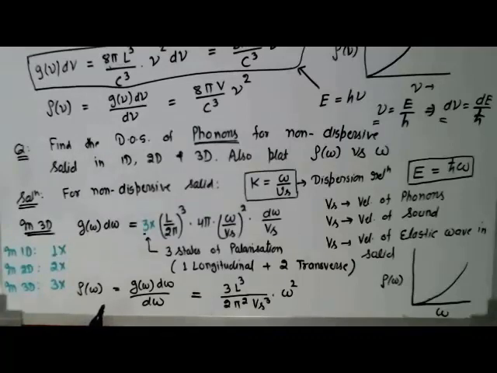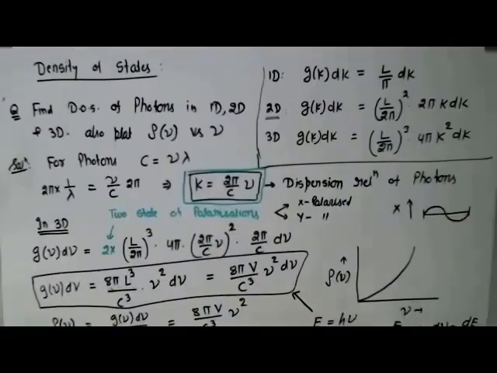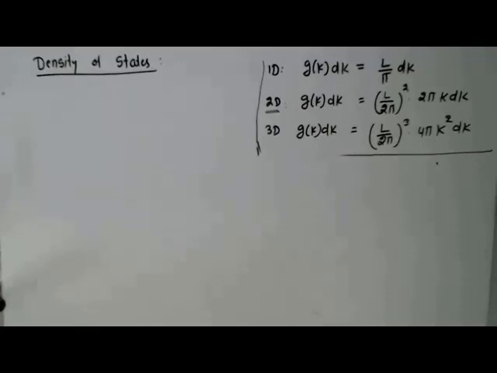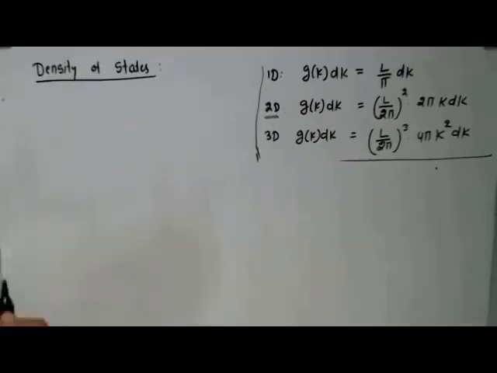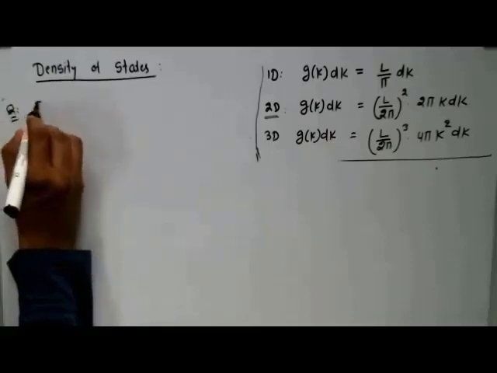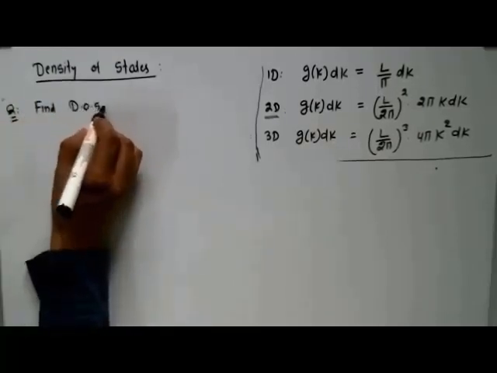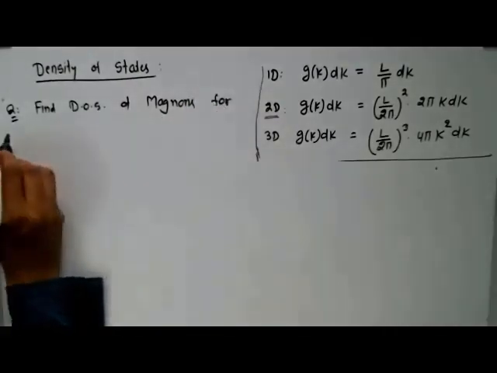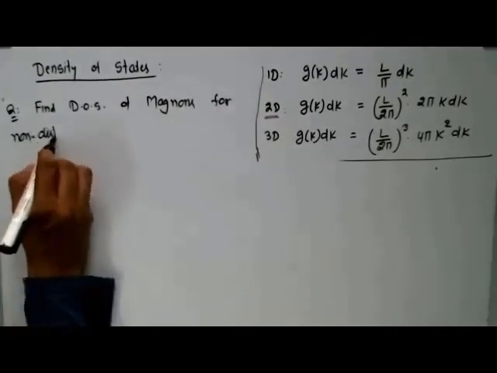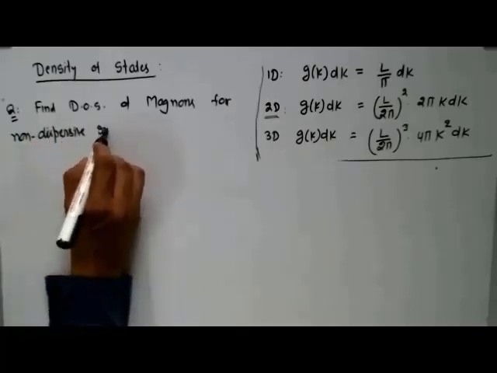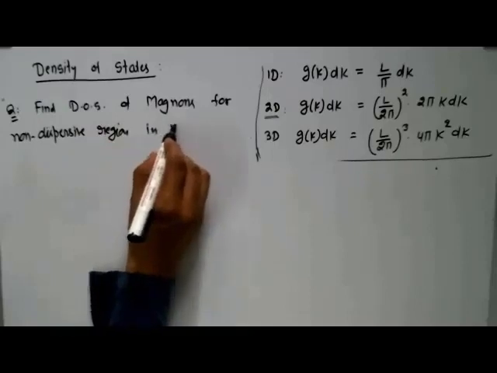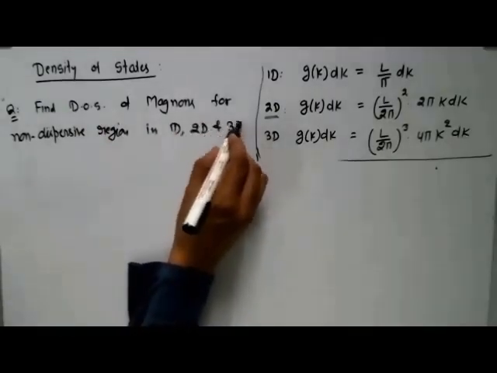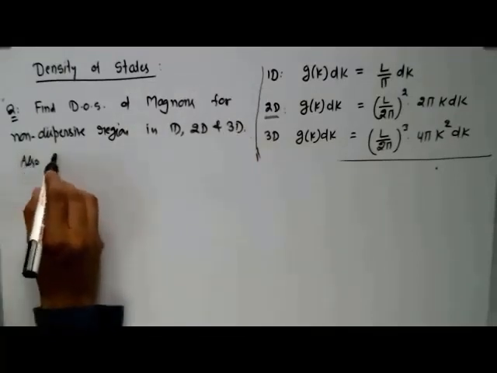Okay sir. So the rest you can do as homework. The other two parts: find the density of state in 1D and 2D and also plot. That I hope you can do easily. So write one more question. Find the density of state of magnons for non-dispersive region in 1D, 2D and 3D, and also plot